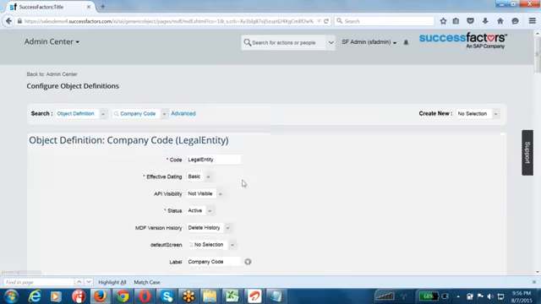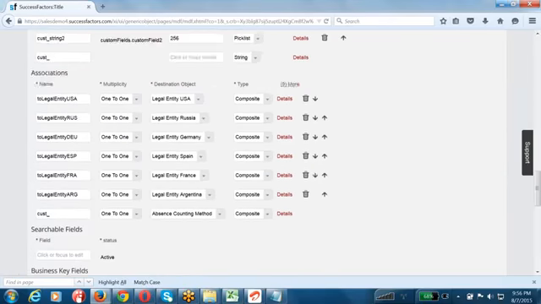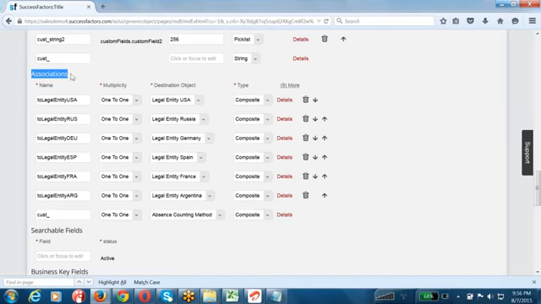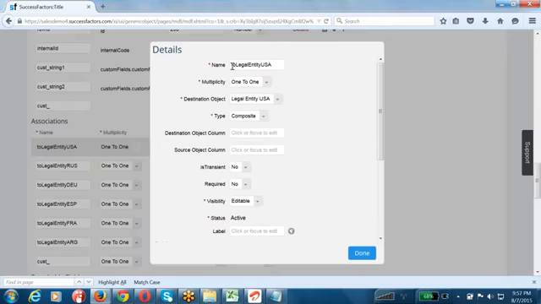That will show the screen better. You see, after finishing all your fields, you have a section called associations, and you see you have an association with the name legal entity USA, and you have an association named legal entity Russia, legal entity ESP, France, Argentina, all these things. Okay, and if you click on one of those, click on this details,